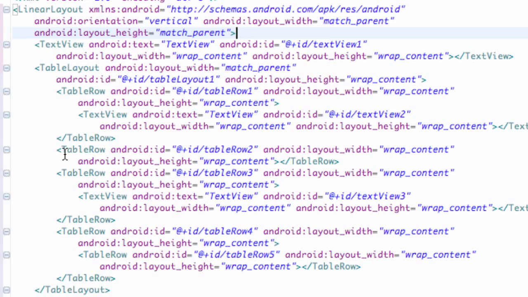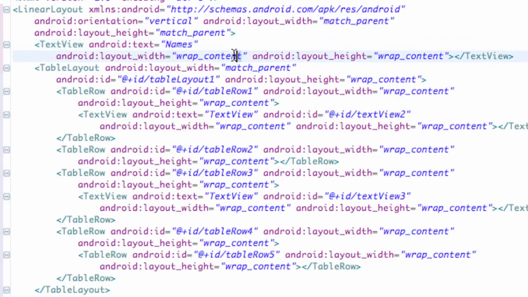Now we have, okay, maybe we didn't need to drag and drop that row in there. So actually we're just going to, alright, and for first, everything's kind of messed up, not the way that we want it. For our first text view, we want this to be our names, and we don't actually need an ID for this, so we're just going to delete the ID for our text view,